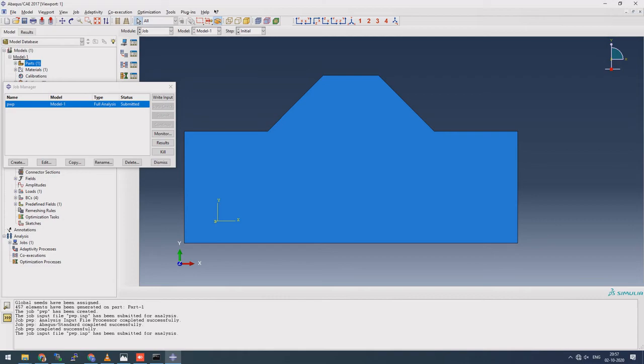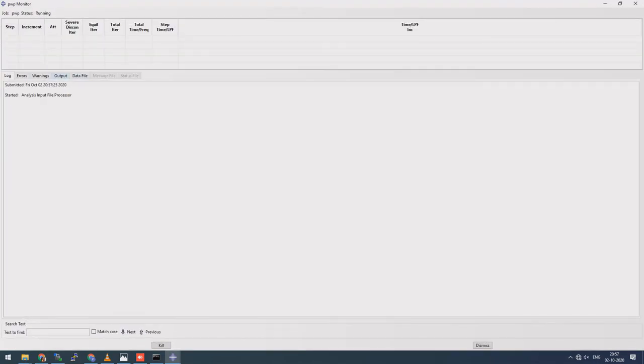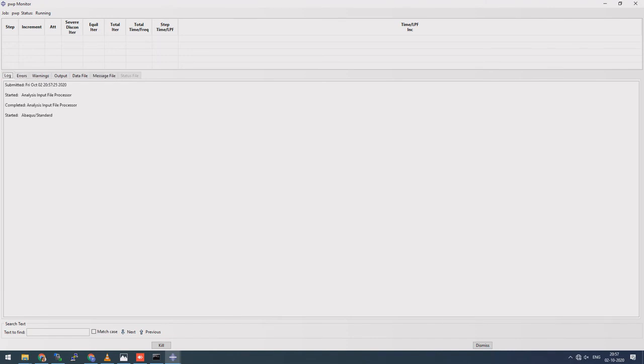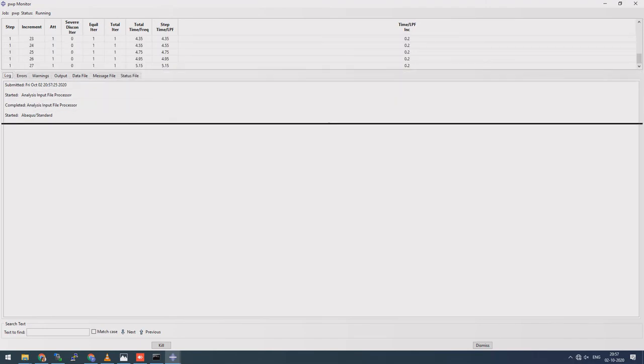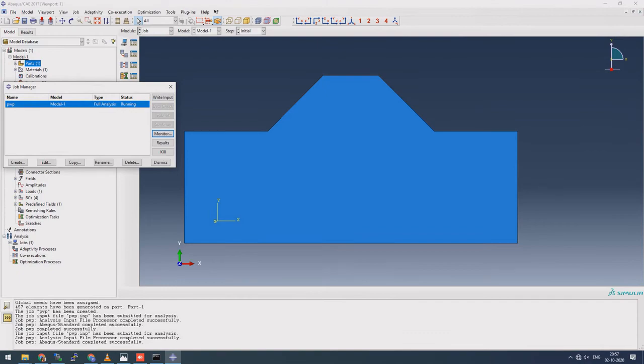I have just submitted it. So let us see if it's under run. We'll monitor it from here. If it is under run, we'll see some warnings like some element type or something. But anyway, let us just check. Yeah, so it is finally running very fast. I think you can see that that's how we can run this model, and it's already complete.